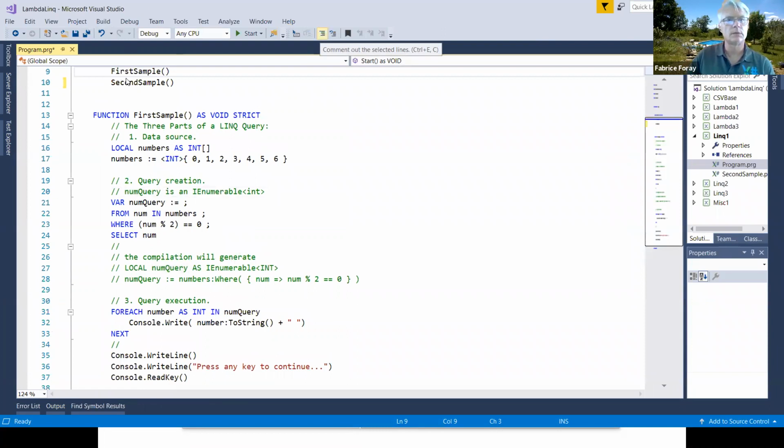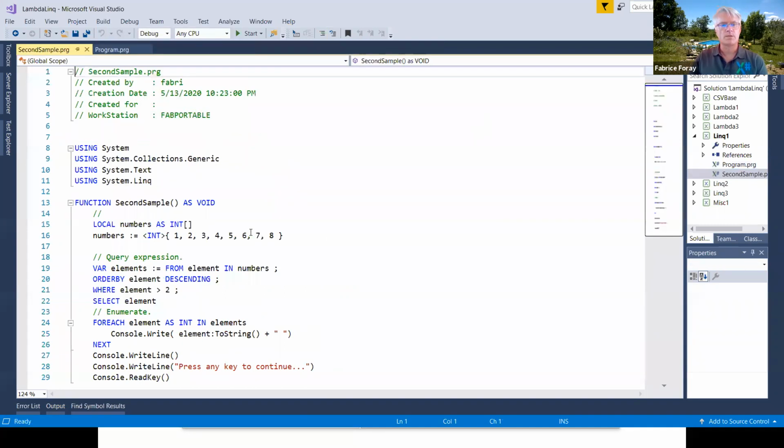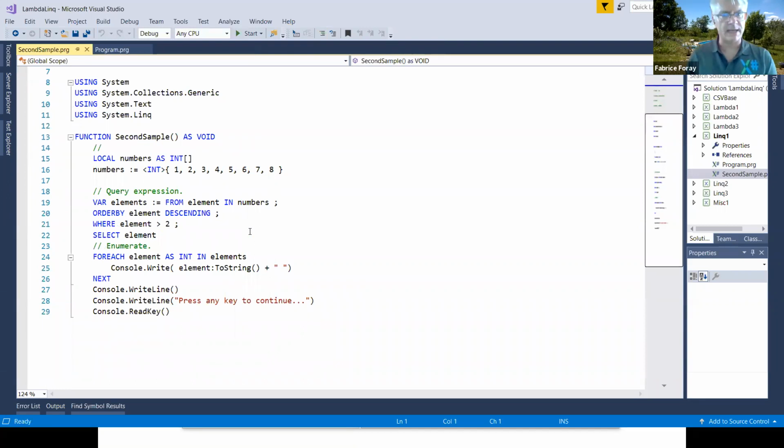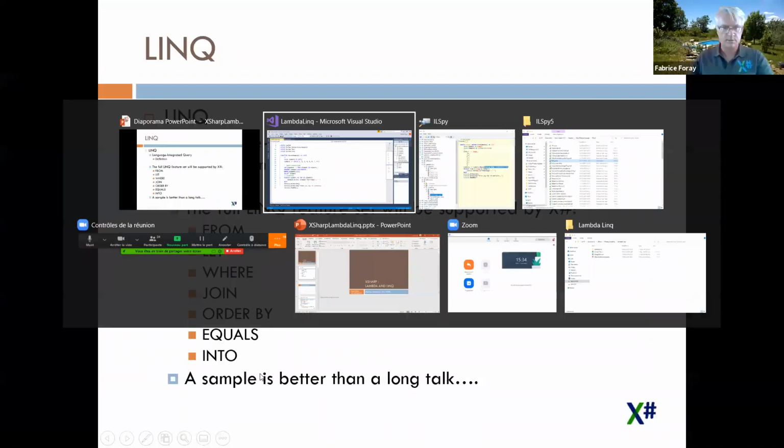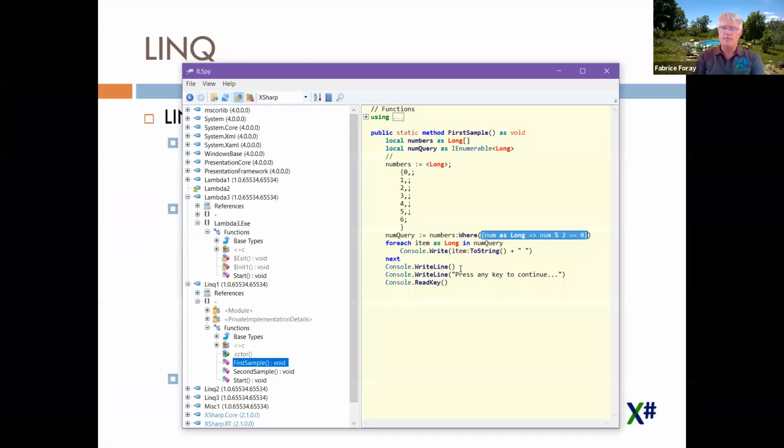So now let's rebuild and go to the sample. I have something a little bit more complex. I still have my array of integers and I'm still getting each one by one, but now I'm checking whose are greater than 2, and then I want the result of that extraction to be ordered by the numbers, but in descending order. So if I go back to my ILSpy, you can see that now, as the expression